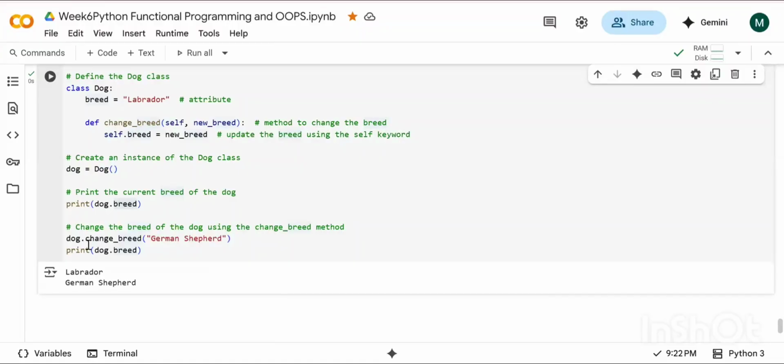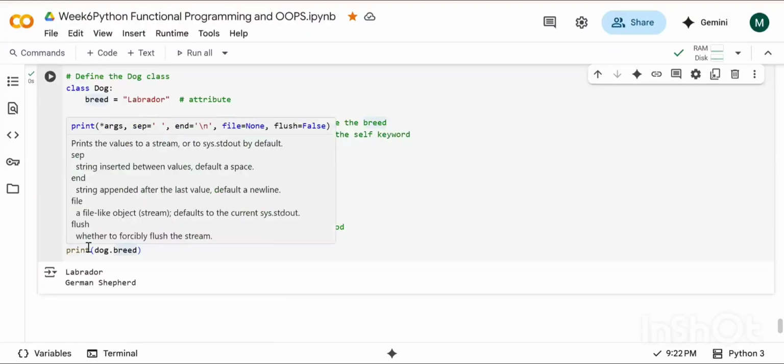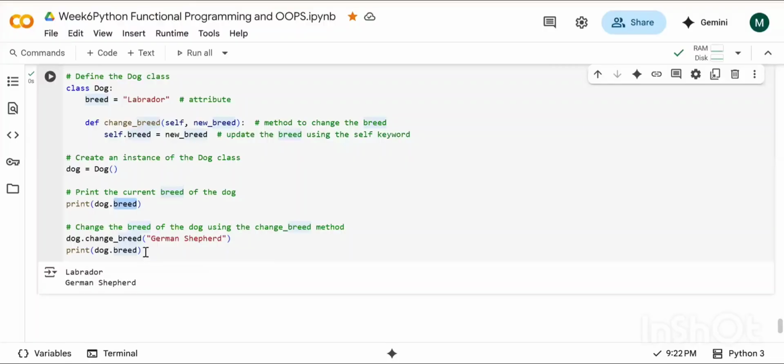What he did now, he was using print dog dot change breed only inside a single line of code, so with that he was getting None as the answer. But I will get my answer with dog dot breed, not dog dot change breed. With change breed, only the breed will get changed, but the print part will happen with the help of dot breed. The code was correct, just the last line was a little incorrect, that I have told him. Okay, got it?